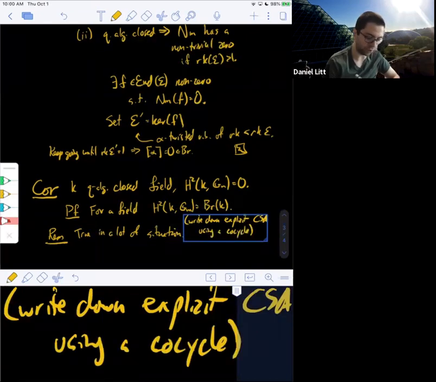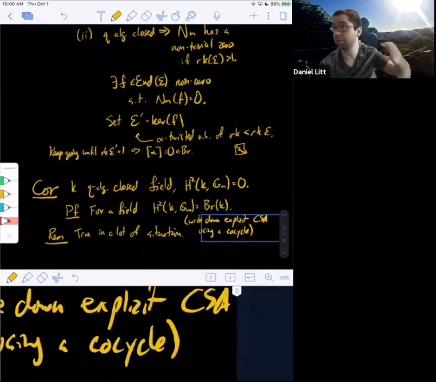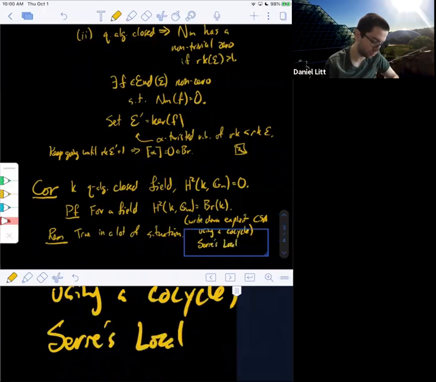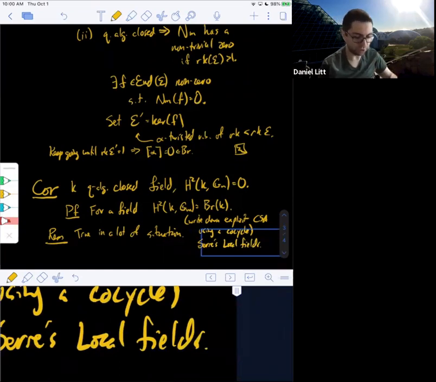You have to show that every cocycle gets hit by some central simple algebra, and you just write one down. And this is in Serre's Local Fields, for example. Okay, so we've now, assuming we can produce some quasi-algebraically closed fields, produced some examples of fields with